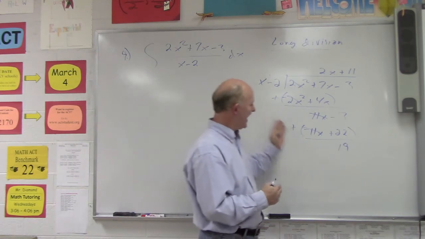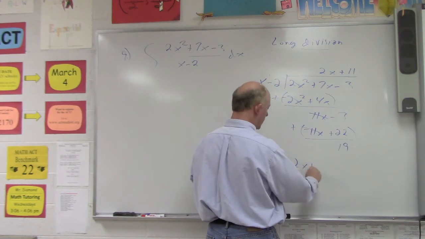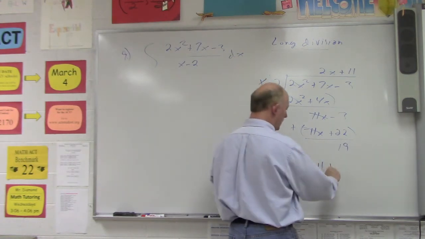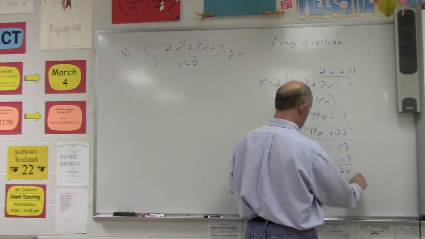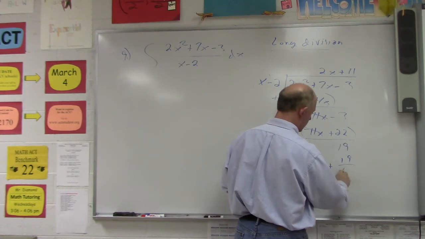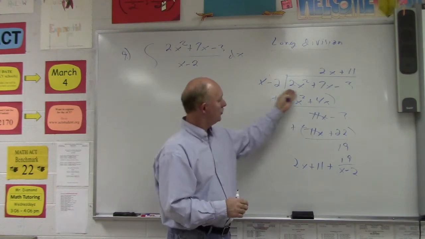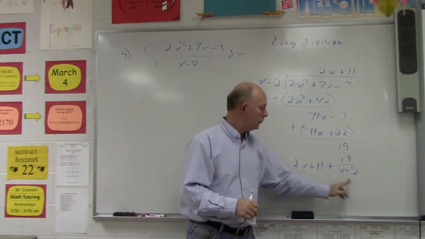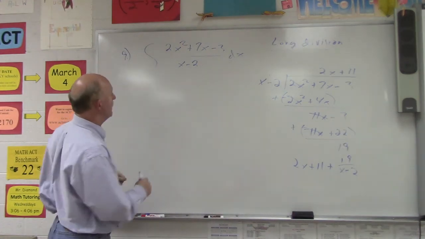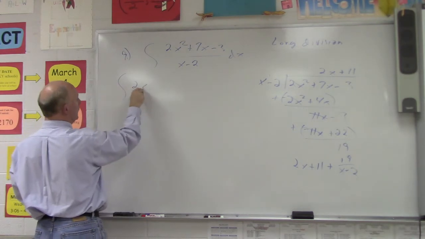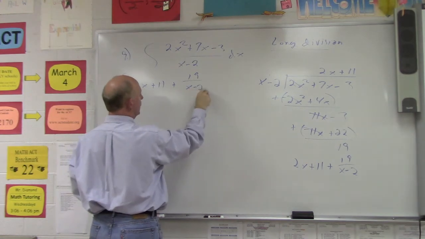So we can't continue with our division now. x won't go into 19. Now to write our quotient, it would be 2x plus 11. And then we're going to put our remainder back over our divisor. So plus 19 over x minus 2. All right. Now this is our quotient. After we divide x minus 2 into the numerator, this is what we end up with. So I'm going to take this answer and replace that big fraction up here. So this becomes 2x plus 11 plus 19 over x minus 2